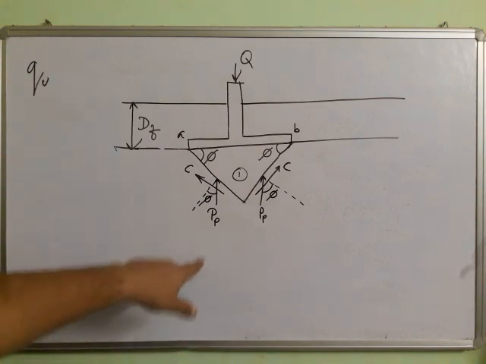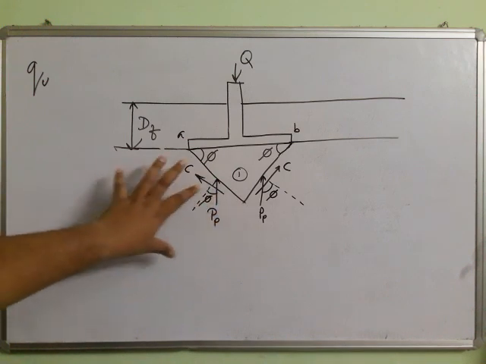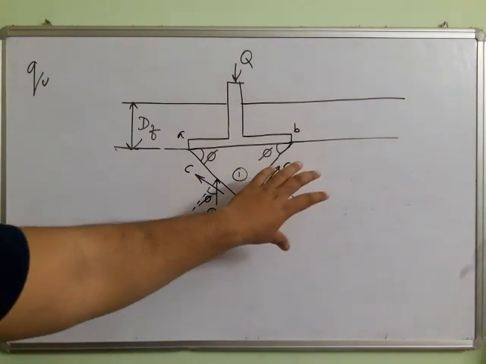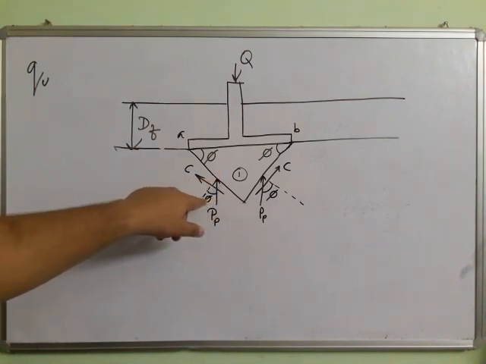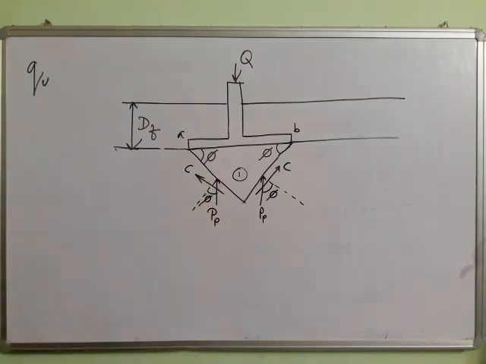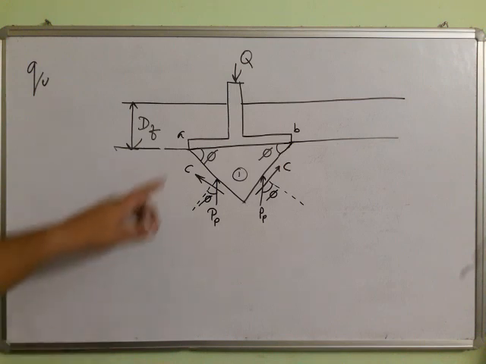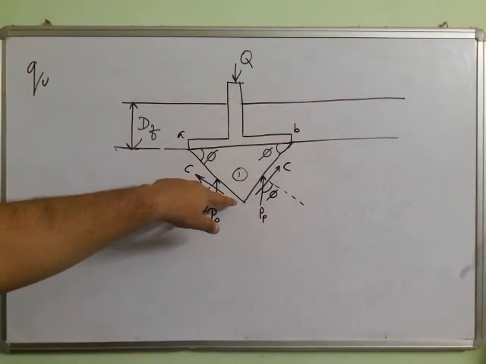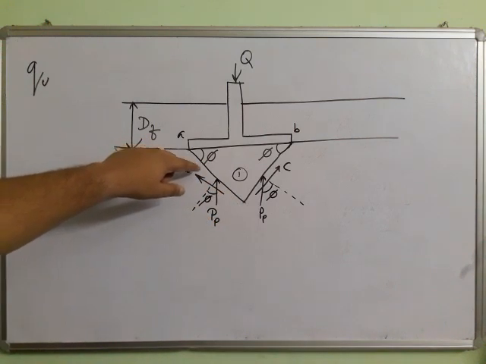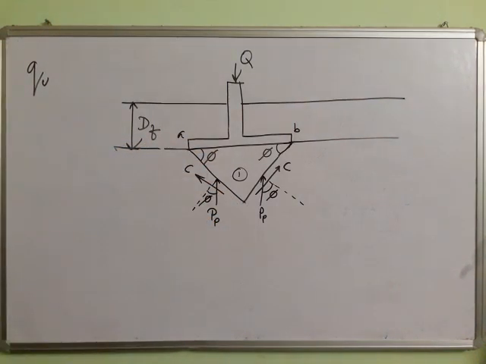So the resultant force, whatever is being applied by this soil in this region and this soil in this region, is PP, and the normal is this one. So obviously the angle between them will be the angle of internal friction. It is the angle between the normal and the resultant. And again, since this is the plane of failure, there will be a cohesive force acting tangentially. That will also give some resistance, and this cohesive force will have a component